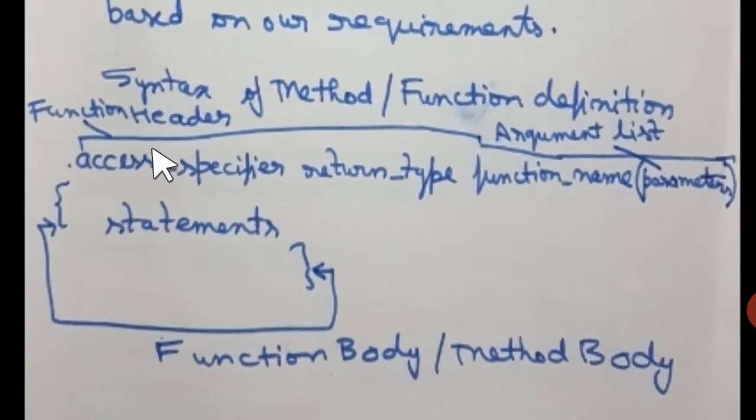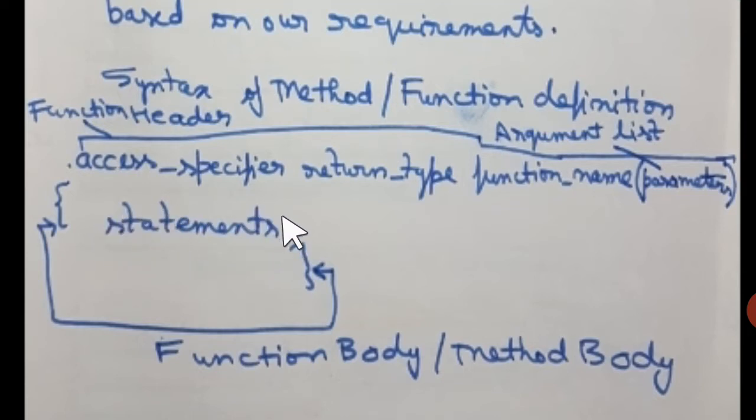Okay, so here students, you see the syntax of method or function definition. It begins with an access specifier, which is optional, then the return type, which is a must, the function name, and the argument list or parameter list. Argument and parameter are two words which are used interchangeably. And this line, right from access specifier to return type to function name to parameter list, this entire thing is known as the function header, and this is also known as the function prototype. After that, this pair of curly braces is there, and inside this pair, what is written? Statements. These are the instructions.